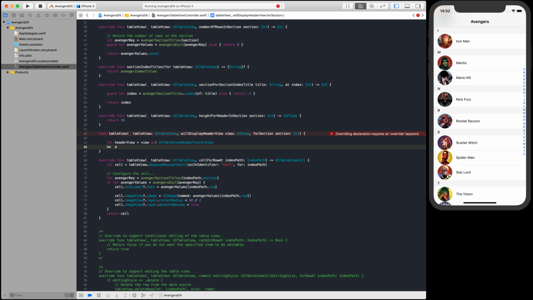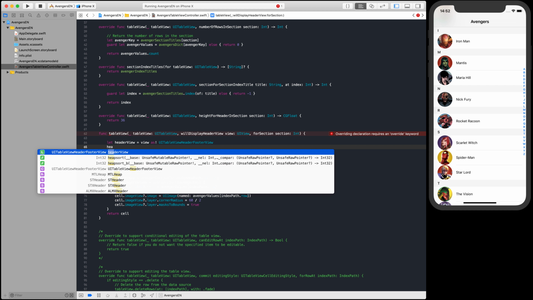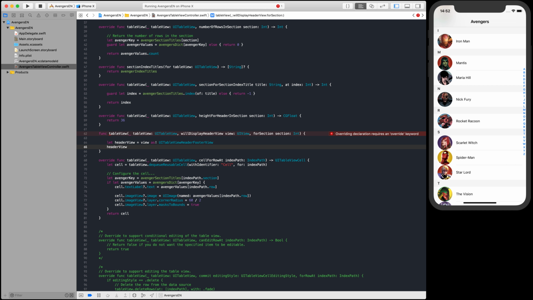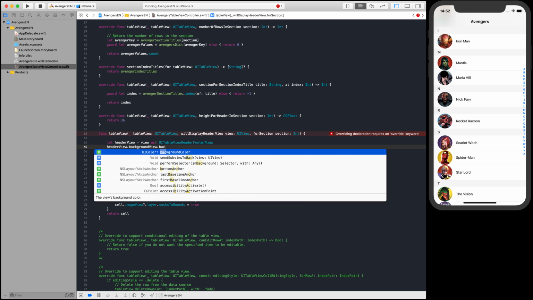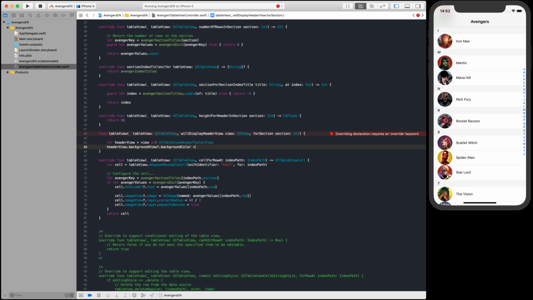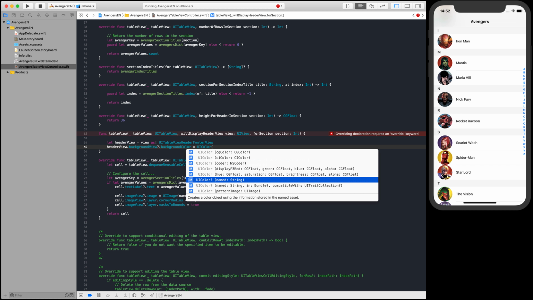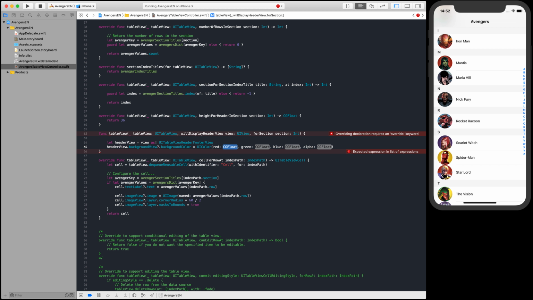So header view dot background view dot background color is equal to UI color, okay, this one, yes. So it's gonna be 236 over 255, okay,